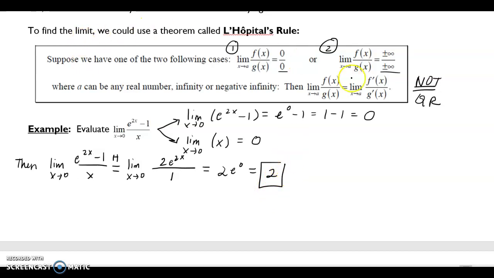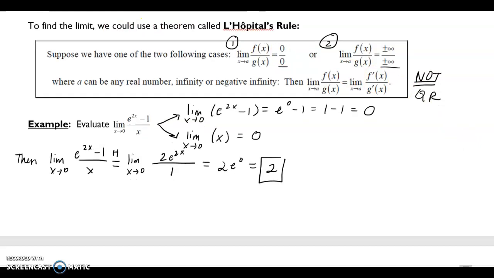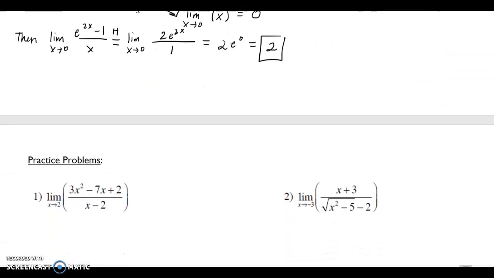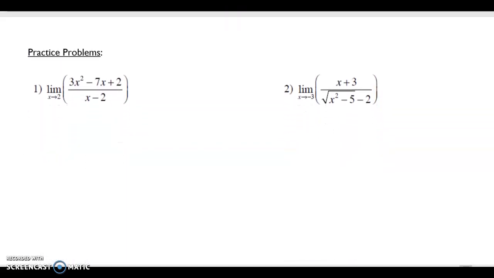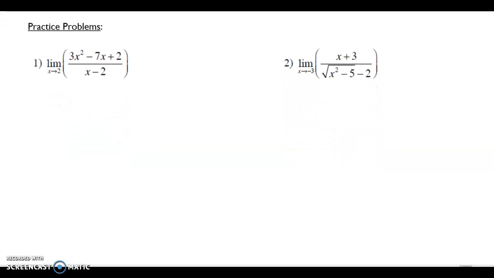So this just gives us a technique in order for us to be able to solve indeterminate limits. Some of these limits you could have solved using our old methods. So for example, number 1, I see this is just polynomial over polynomial. I could just factor the numerator and the denominator if I wanted to, or I can maybe try to use L'Hopital's rule. So I'm going to take the limit of the numerator